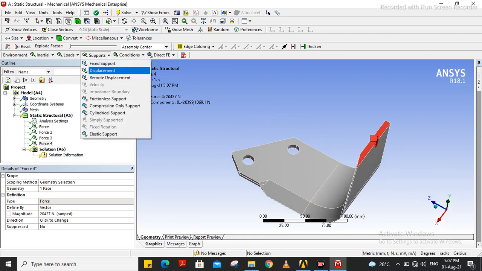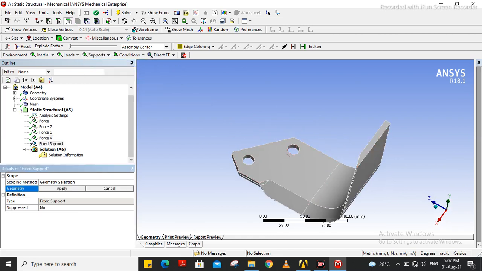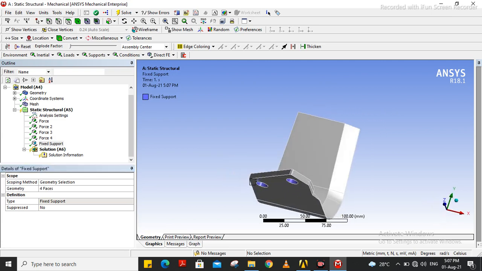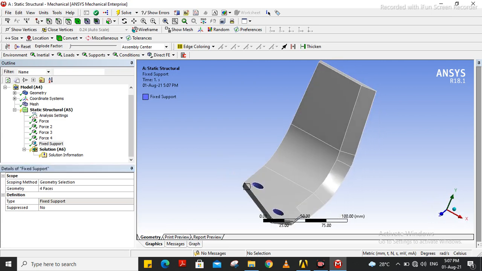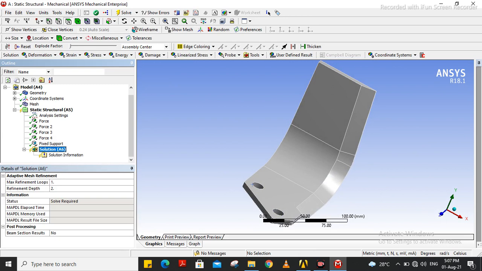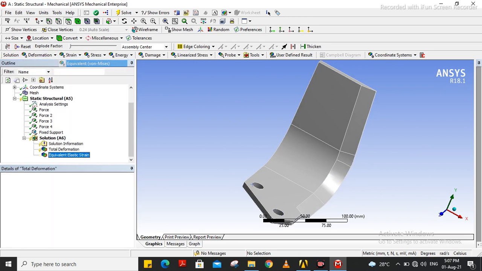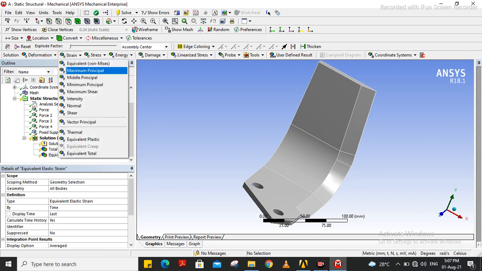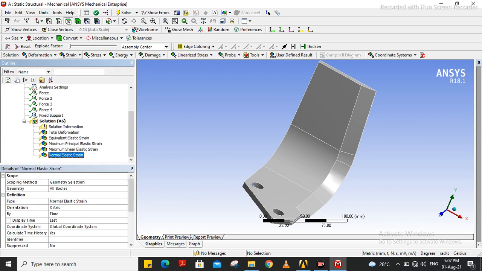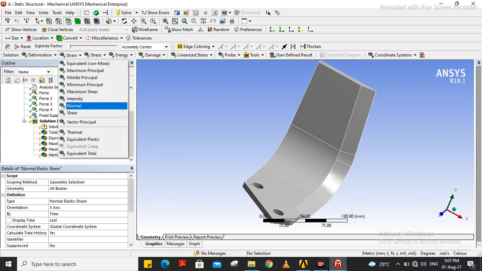Now we will go for the supports, fixed supports. Go for this one. Yes, and go for apply. So your boundary condition has been applied very successfully. Then go for solution phase. Again we need to have total deformation, strain, equivalent strain, maximum principal strain, maximum shear, then normal strain and shear strain.